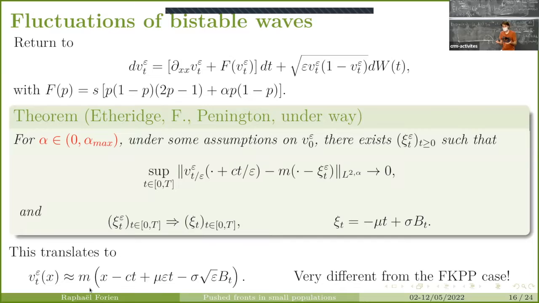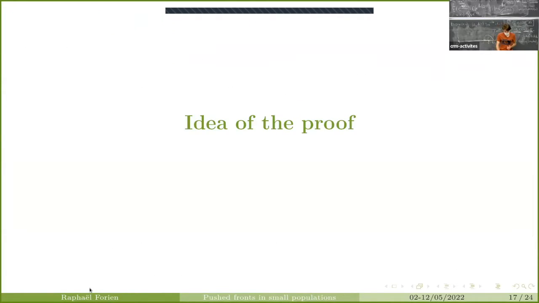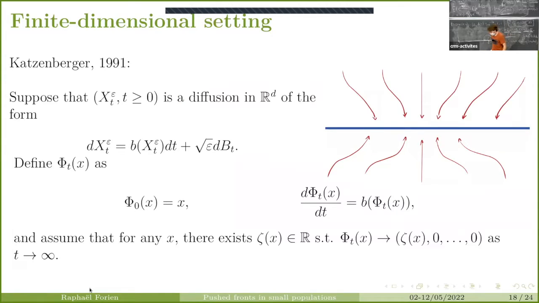And these fluctuations are well described by Gaussian fluctuations, and this is why we can get Brownian motion in the limit and Brownian fluctuations. That does not mean that it's easy to prove, but it's the reason for that. And I will quickly tell you a bit about the strategy of the proof, and it all comes back to a paper by Katzenberger